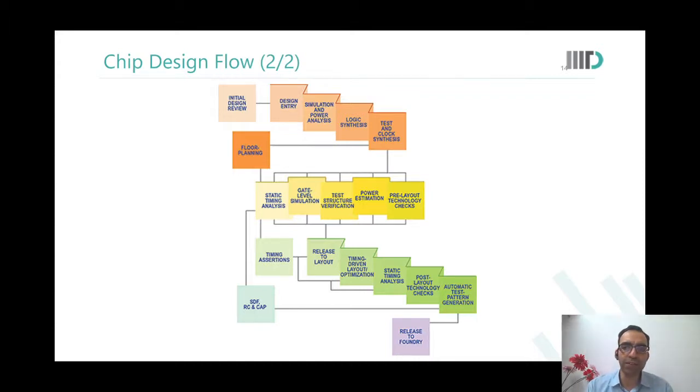Raghav, you had a question? Your hand is raised. Yes, sir. Can you just say there was a static timing analysis and timing assertion? So what's the difference here? Oh, so static timing analysis said that, okay, before the layout, I assume that there is some kind of a wire load between the two gates. And I would say that this is what my timing is, because I assumed some load. Now, there could be some race conditions where the slack is very less. So you will tell that, oh, I do not really have margins here, so please do not increase the cap of this wire more than that.